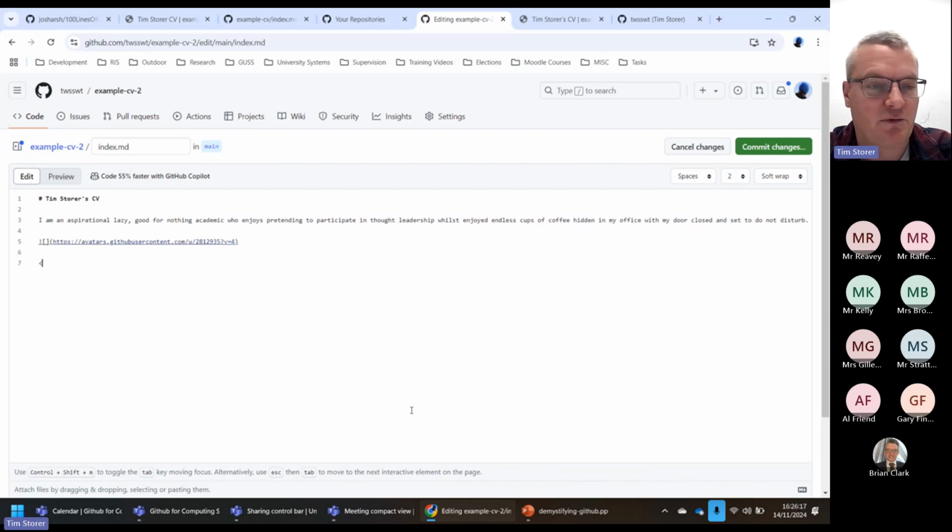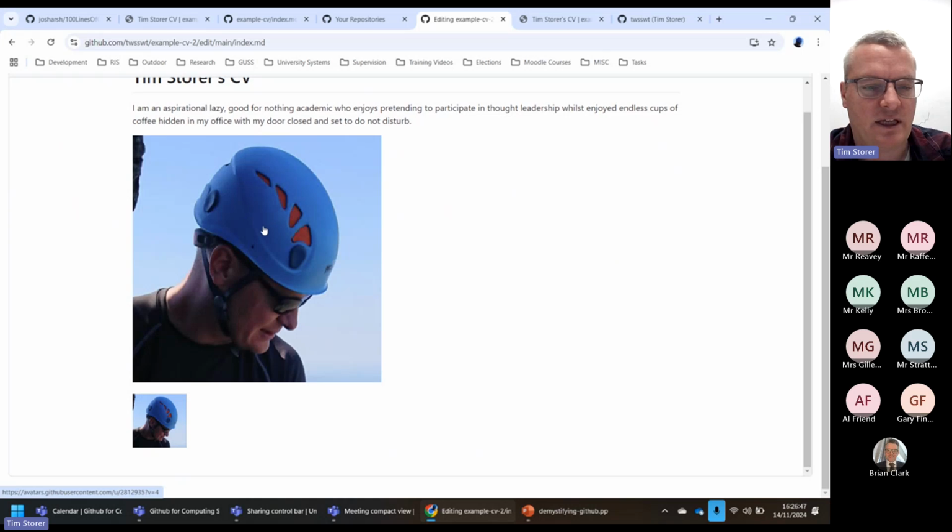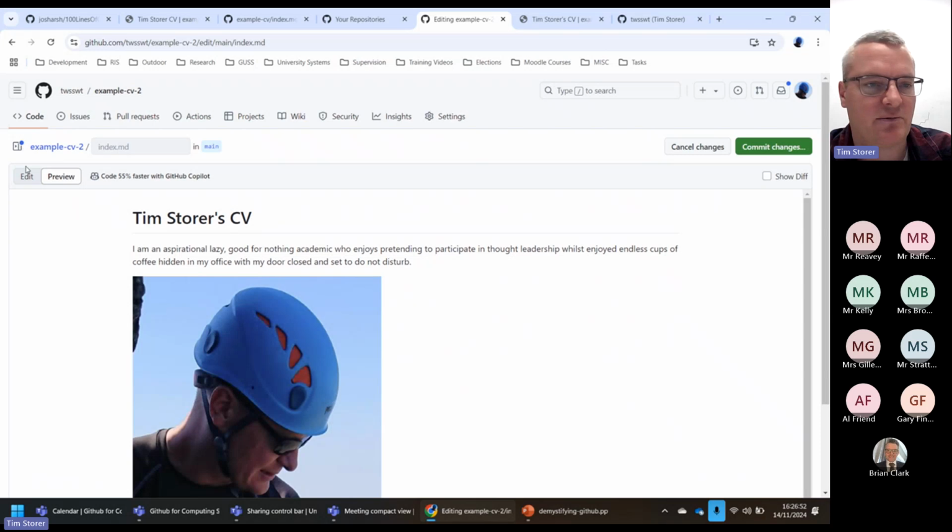However, the problem with that is that I can't scale the image, which is a bit of a pain, because the image might be too big compared to how I really want it to look online. So what I can do instead is use an HTML tag, which you'll recognize, I'm sure, embedded directly within the Markdown, and specify a width for the image instead, like that. So let's click preview just to see what those two images will look like. You can see here that there's the original image, and there's the image that I actually want to keep. So if I go back from preview to edit,